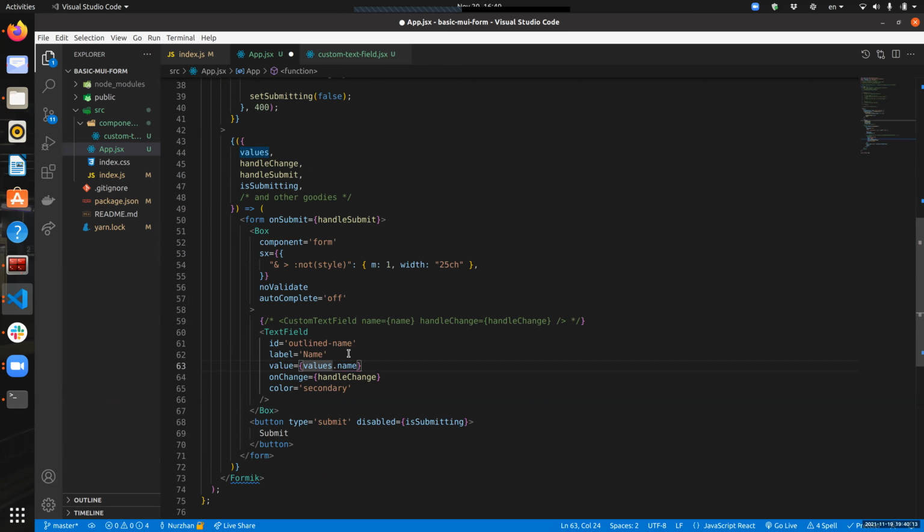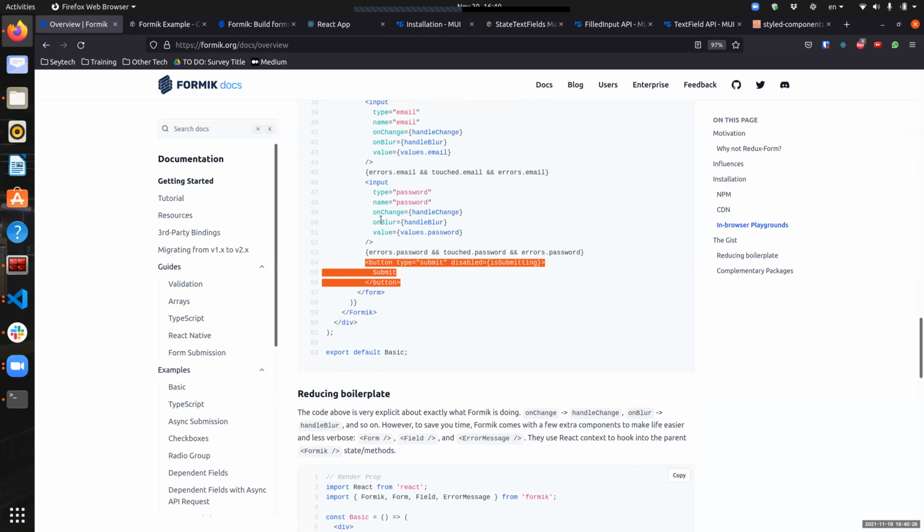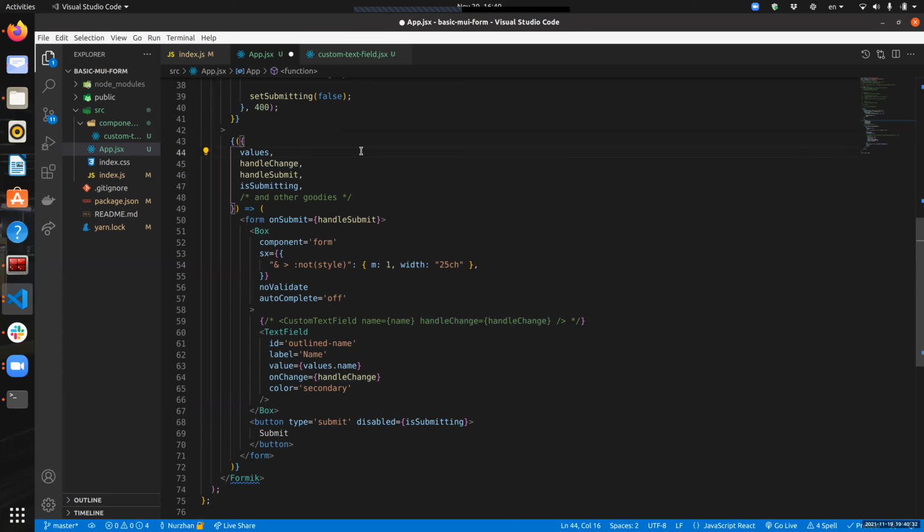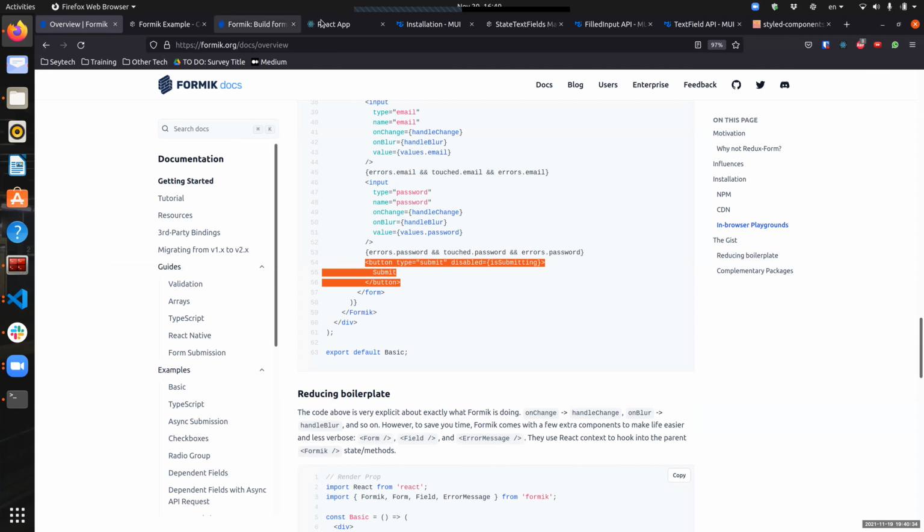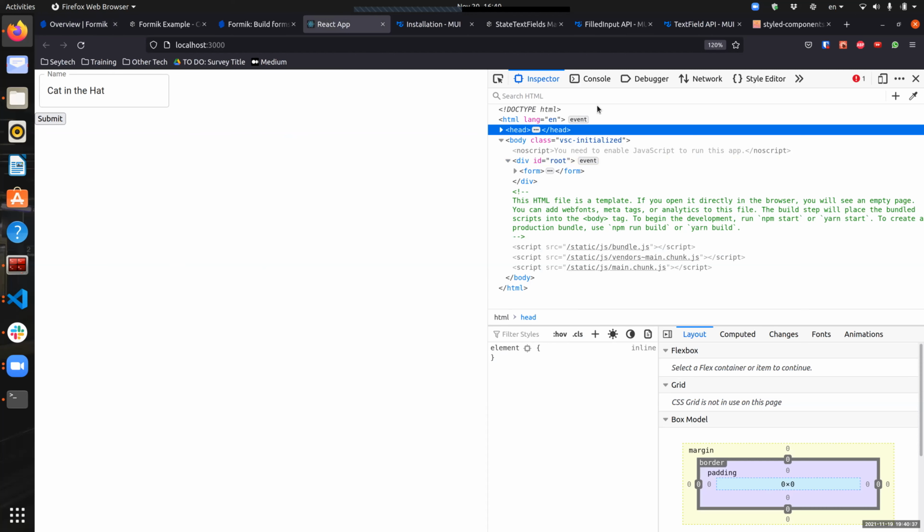No, it's not. So all good. So label and on change, we are passing this. We need to say handle change. So we are already handling changing the value. So if we now look in our component,